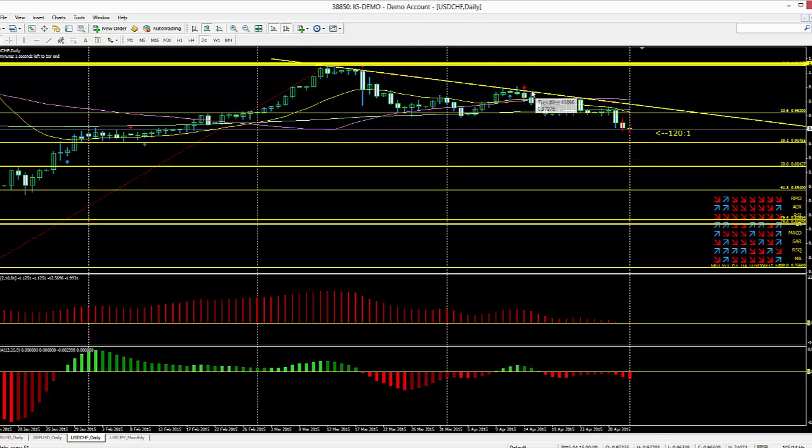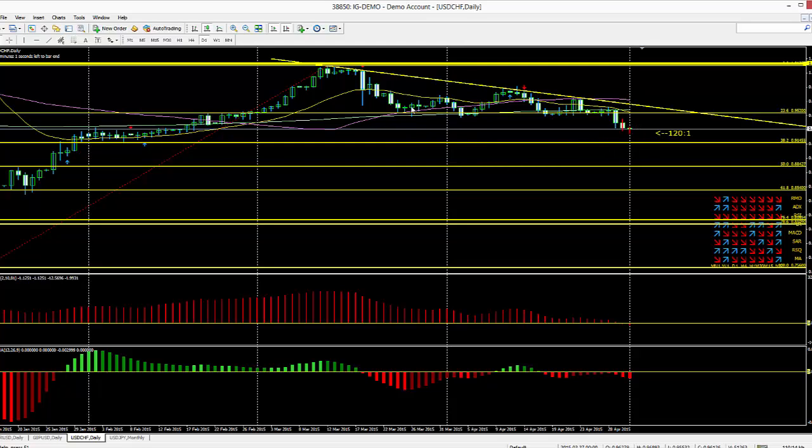At the moment on the daily, you can see we have a negative arrow. The candlesticks are negative, RMO is below, and the OSMA is below. So it's going to be quite important. If you are looking to trade the US dollar Swiss franc, please be hesitant. A lot of the data coming out from Wednesday through to Friday looks good, and if it continues to be as good as they expect it to be, you're going to see the US dollar going in the opposite direction of what price has been doing over the last couple of months. And you don't want to be caught trading these particular pairs when they're going in the opposite direction of what the price action has been doing.